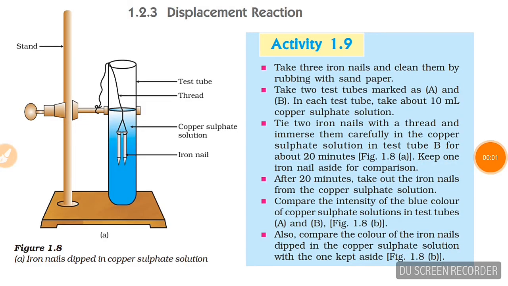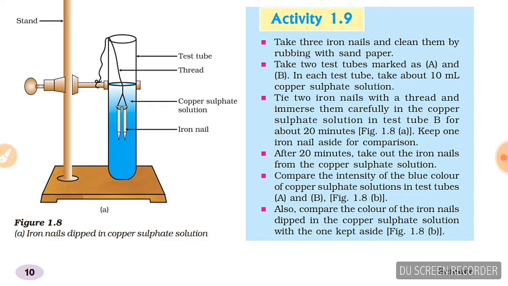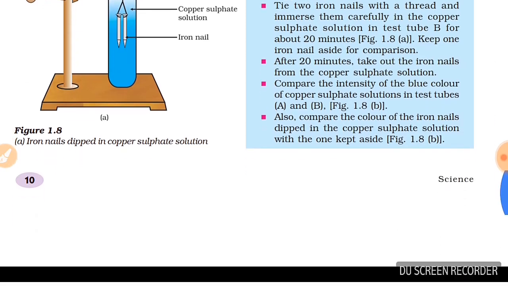Next is displacement reaction. Here is one activity. In this activity we have to take 2 test tubes filled with copper sulfate solution and 2 iron nails, one for comparison. So when we dip the iron nail in the copper sulfate solution, we will see